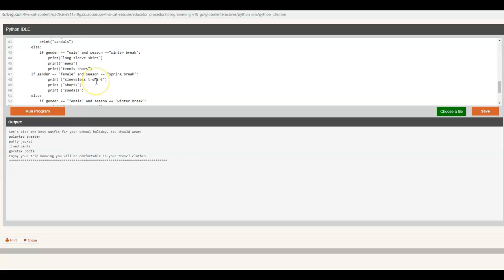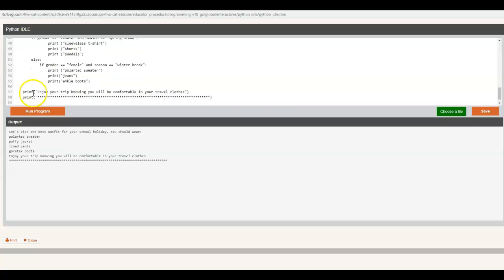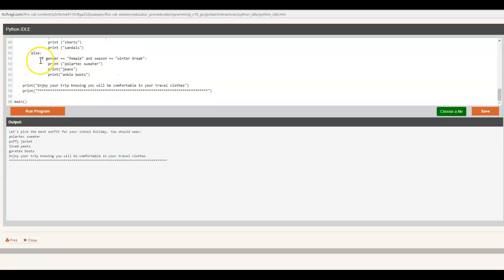Okay, probably the trickiest part of working with nested if statements is to get all of the indentations correct. So it's always the if statement and then under the if statement what I want to have happen if that if statement is true. Else, which is going to be at the same level as the if statement, what I want to have happen if this is not true. Right. And then finally, I just finished up some print statements to make it look more attractive, and I called my main function. That's really all there is to the